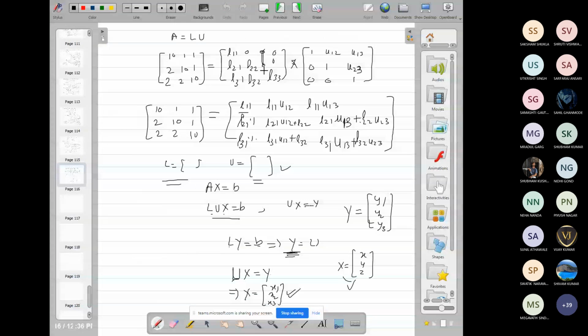So finally we obtained L and U. After determining L and U, put the value of L and B here, then we obtained Y, y1 y2 y3, and then after determining Y, substitute the value of U and Y in UX is equal to Y, X is the column vector x y z. Not x1 x2 x3, if it is already given in the equation as x y z, then it will be x y z, so then this provides the value of x y z